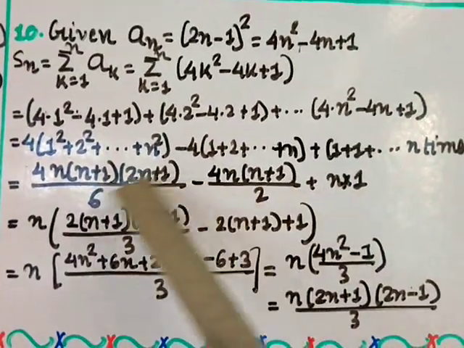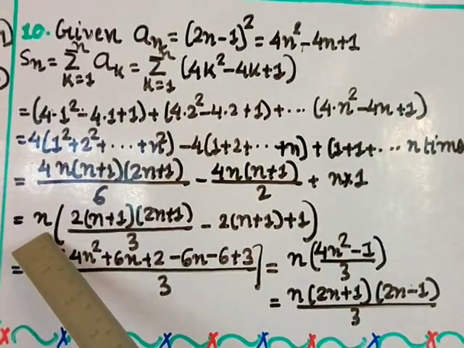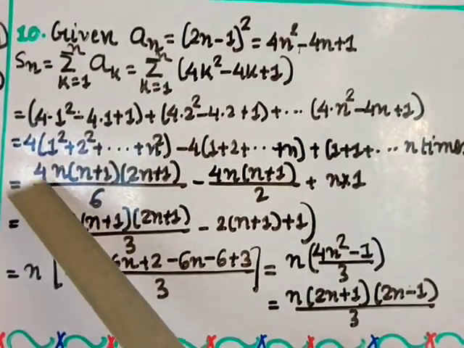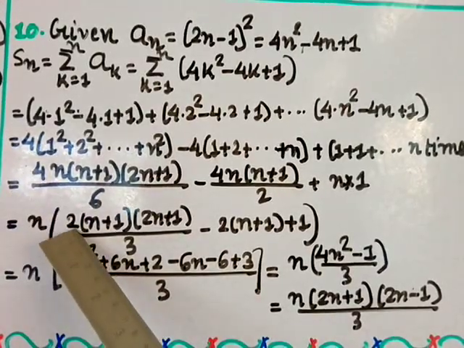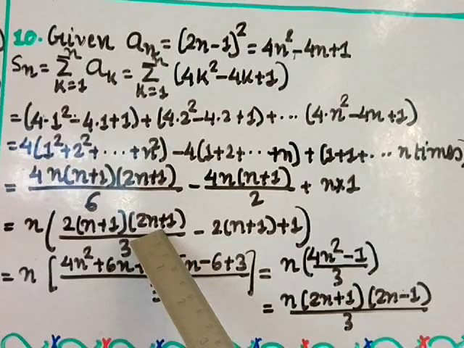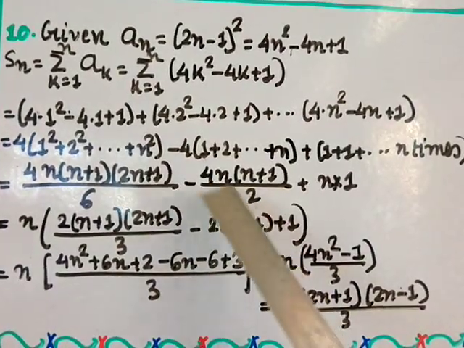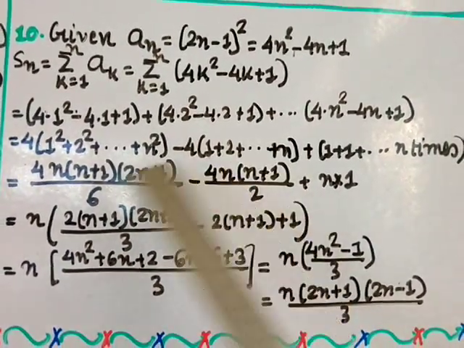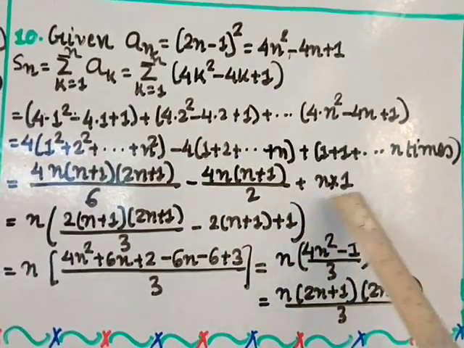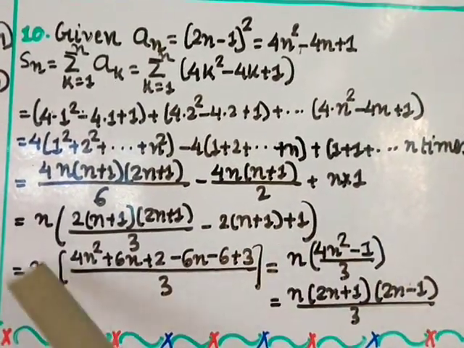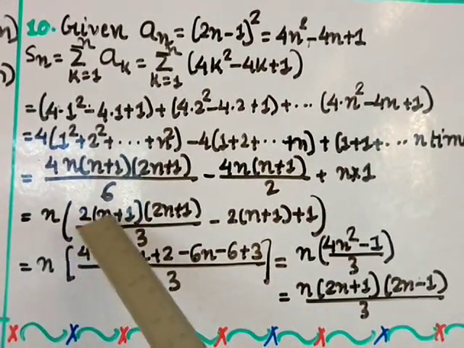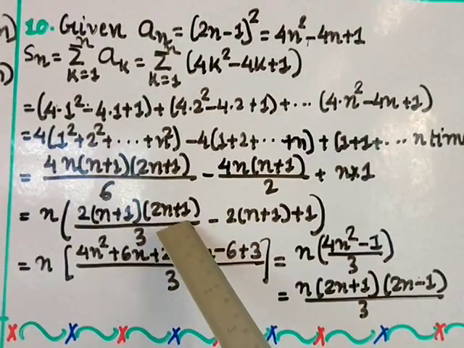Now all these terms have got n, so I am taking n common. Okay, all the terms have n common. Here I can cut by 2, so when you cut by 2, here remains 2 and here remains 3. Here (n plus 1) and (2n plus 1) as it is. Here also you can cut by 2, so we get here (2n plus 1), n is already taken out, so here remains only 1, right? Now n as it is, multiply inside, so you remember that you have to multiply (n plus 1) into (2n plus 1) and then 2.